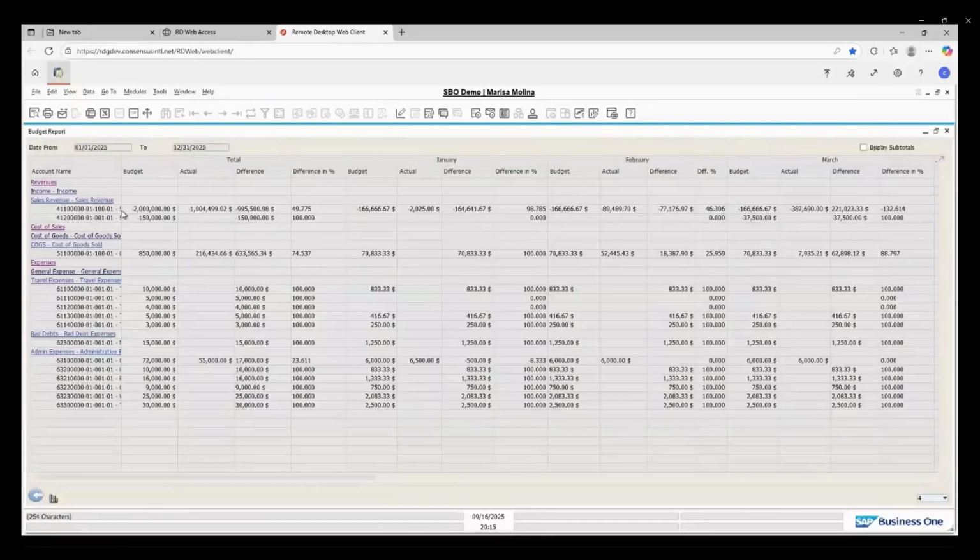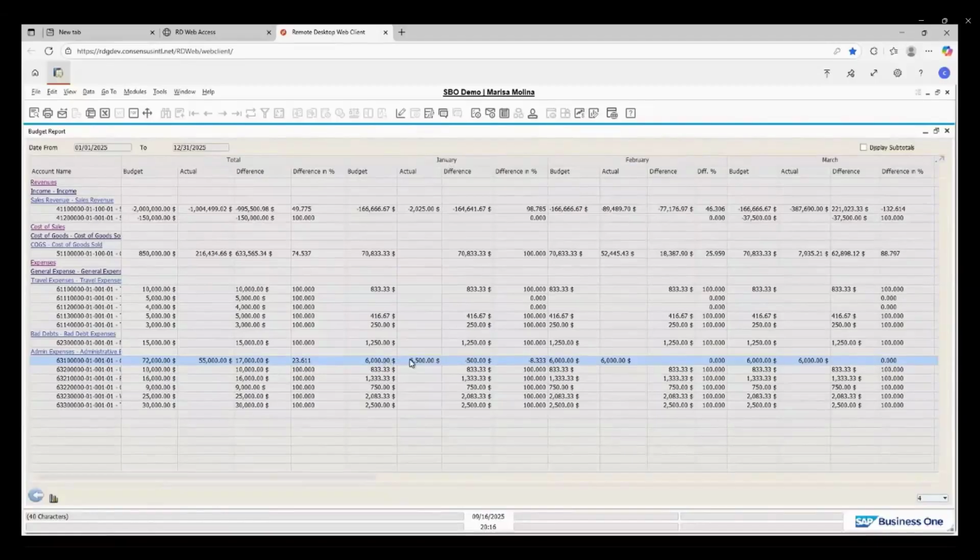So here you will have the GL accounts. What is the budget versus the actual? Look at the account here for the office building and rent and the 55,000 that I already have. What is the difference that I have as of today? What is the difference in percentage as well? And then what is the difference month by month?